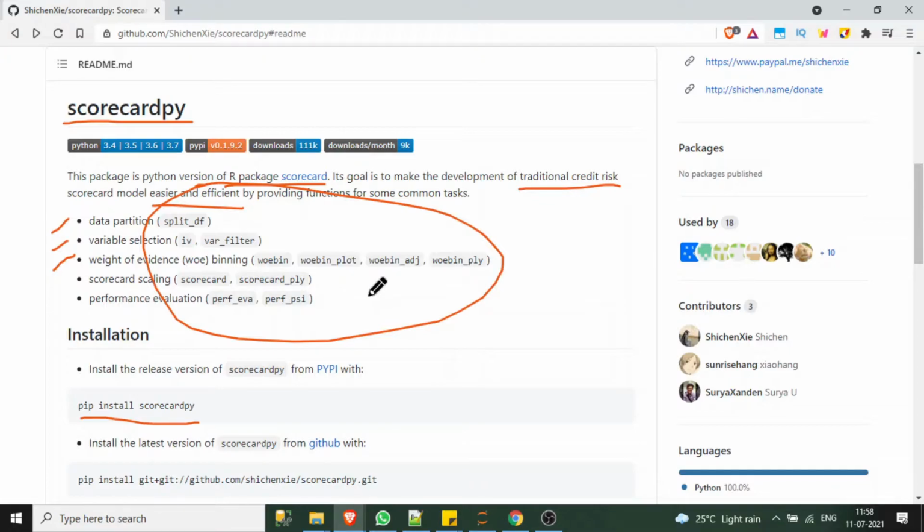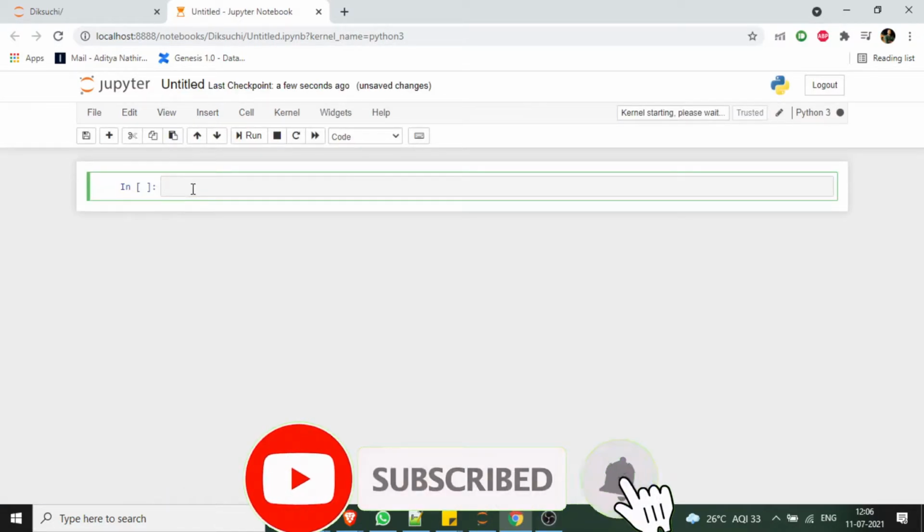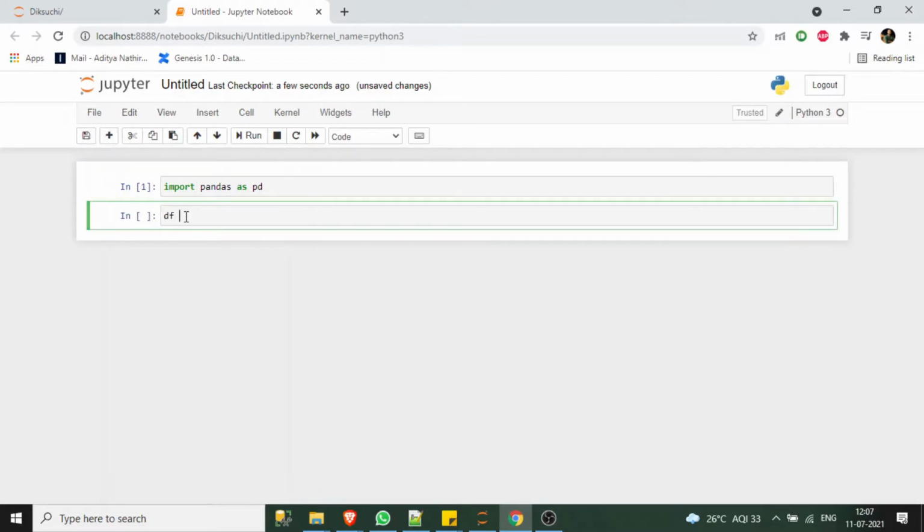Let's get into the Python notebook and see it in action. So let us open a new Python notebook. In this notebook, first import pandas. After importing, now let's import our CSV, pd.read_csv.